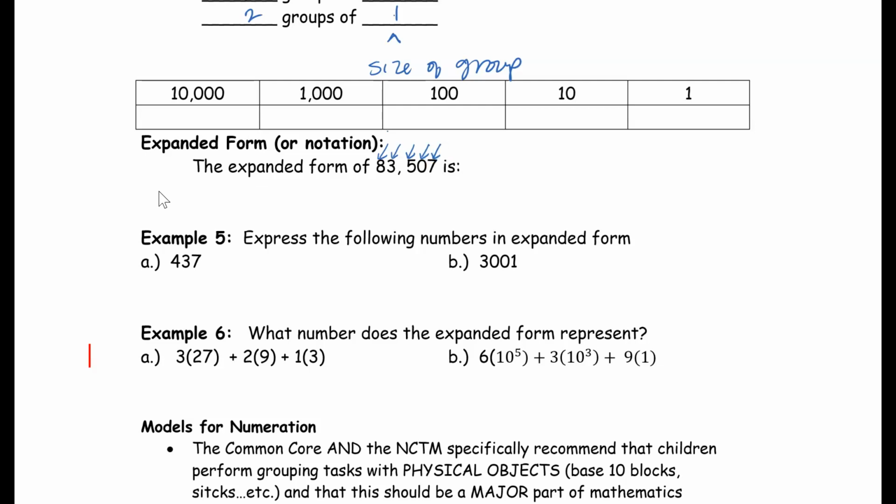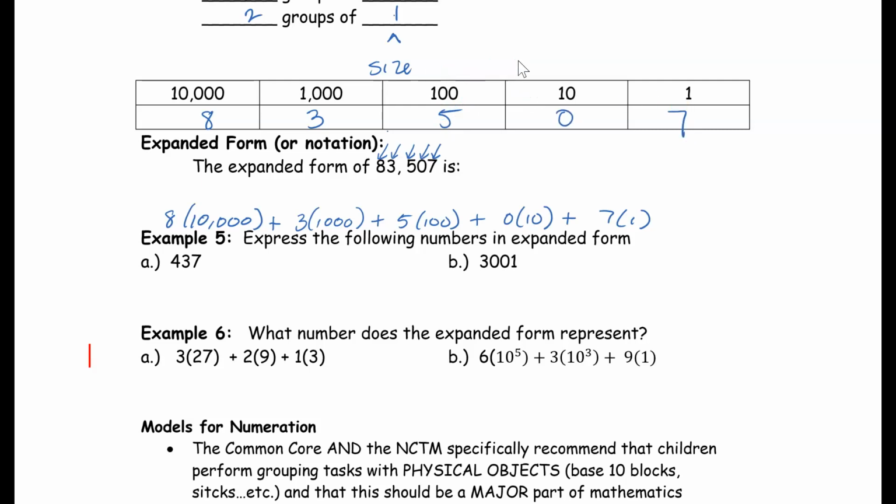So I'm going to start with 8, and I'm going to say I have 8, that's the 10,000s place, plus I have 3,000 plus 500 plus I have 0 tens, that's optional. If you want to leave that out, you can, plus 7 ones. Now, I'm going to write it in this chart above,